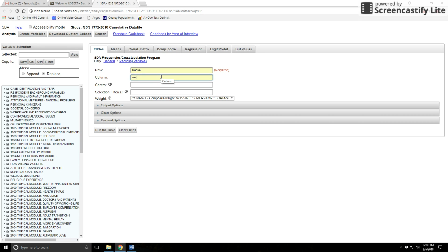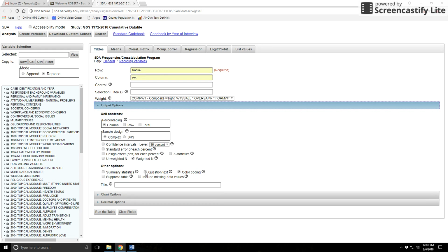Now, this website has information like a Gallup poll, just surveys of Americans over the years on a variety of topics. So you need to know exactly what questions were asked. What were the variables specifically? What's the variable specifically in question? So if you go to the output options and down here click on question text, that'll tell you the specific question that was asked. So once you have your row variable in the row,